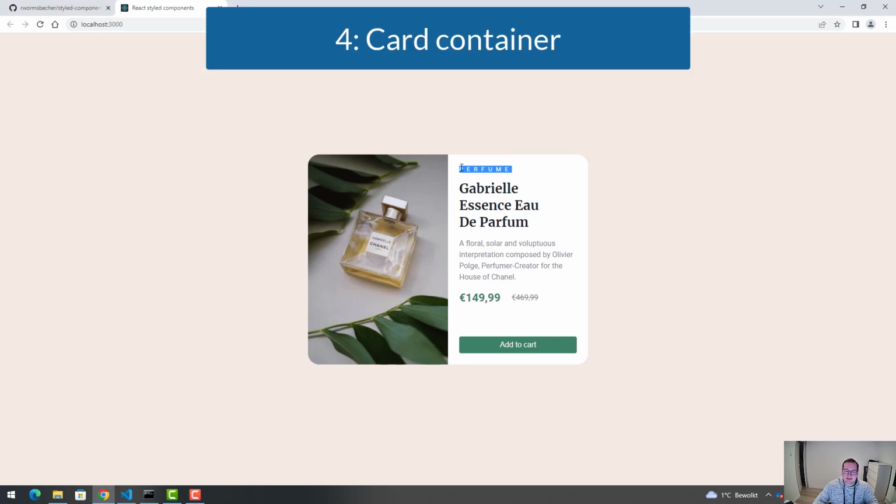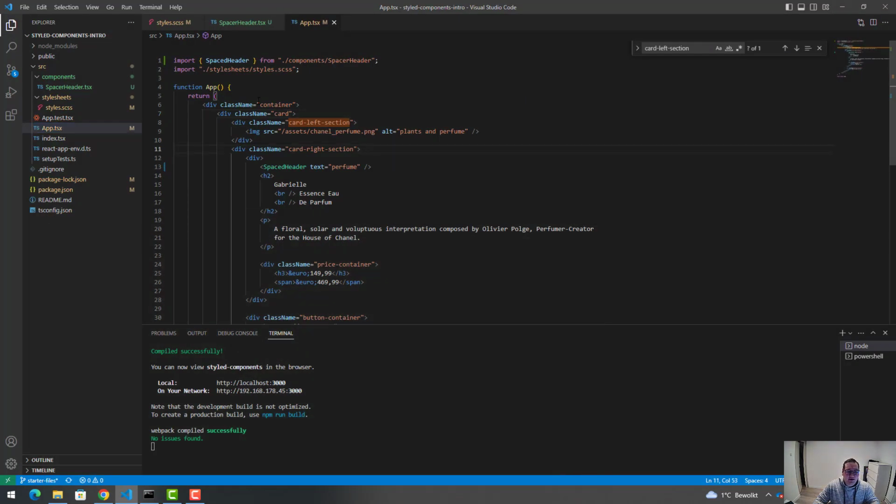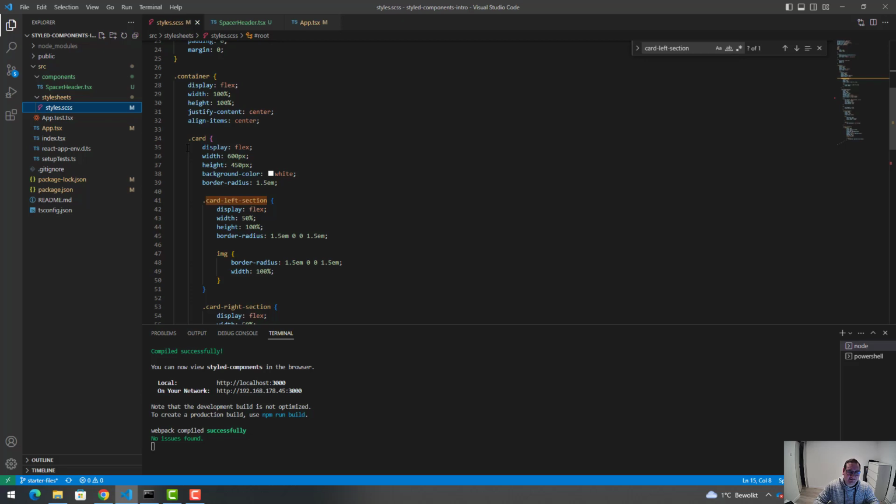So now that we actually extracted this title in its own component, let's now have a look at the card component. It's basically a container with a left side and a right side. So let's actually get some work done with that. So if we look over here, we have a class name called card, and within card we can see that it is a flexbox with some width and height and some other stuff around it. So what we are going to do is to first make the card